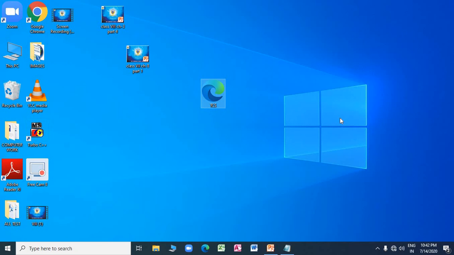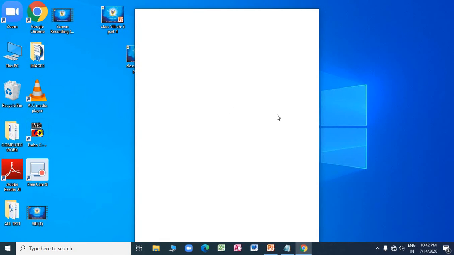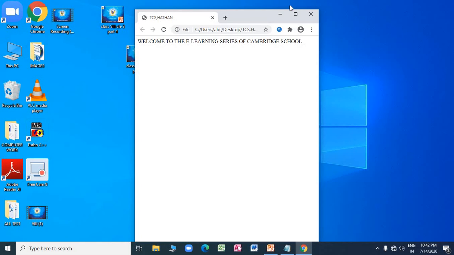Suppose, in my Intel laptop I have so many web browsers, but we can open Mozilla Firefox or Google Chrome. You can check here, we have given the title TCS Hathan. It's shown here, and what we have written under the body tag is displayed on the page. It helps us to make a web page.